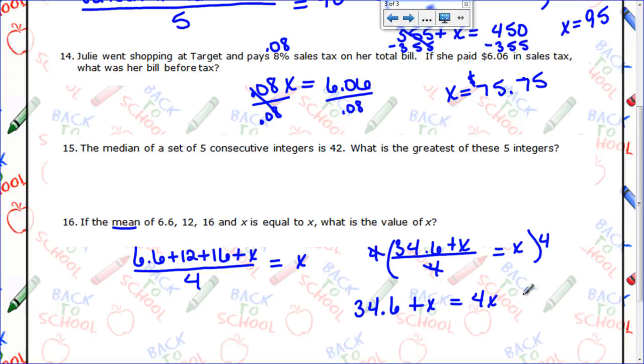The way I always do it, it's not the only way to do it, but it's the easiest way in my opinion, is to take the small one and move it to the big one. So I always move the baby over to the mama. Well, the smaller value of x is this x, because 1x is less than 4x. So I'm going to subtract x from here to cancel it, which means I also have to do that over here. And so I'm left with